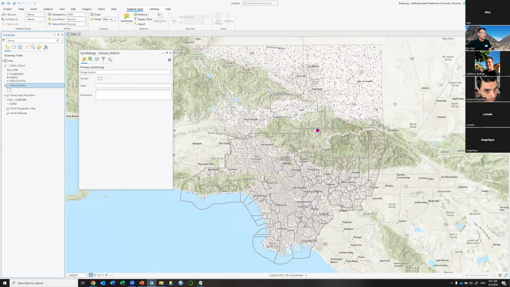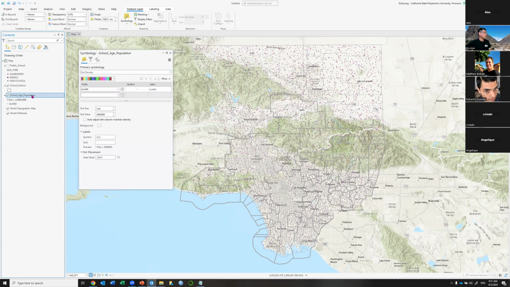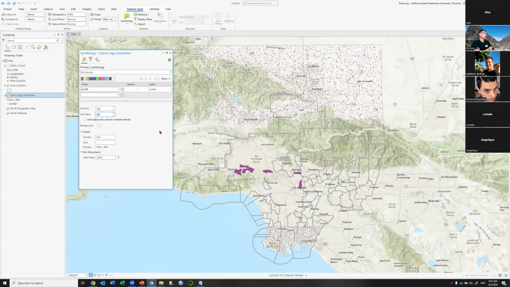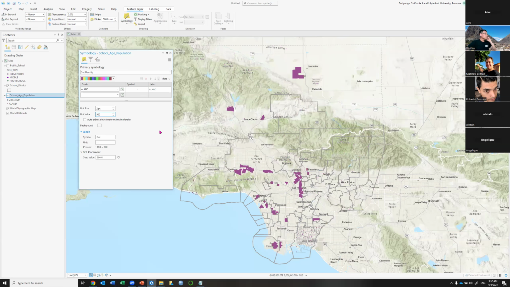So you see a lot of dots, right? That's one dot actually representing, you can control here, so I want to drop one dot for like 500 school children population. So if I click dot value,